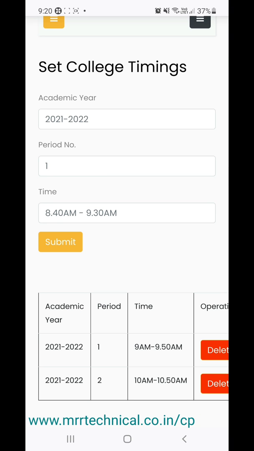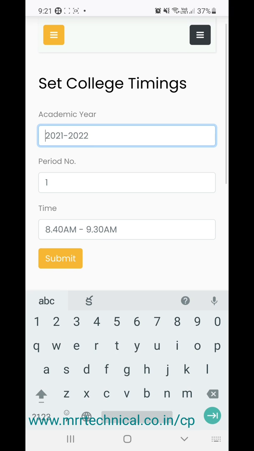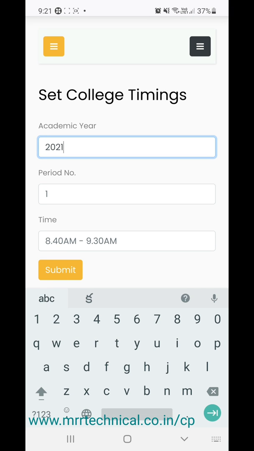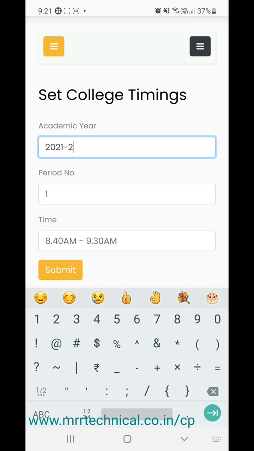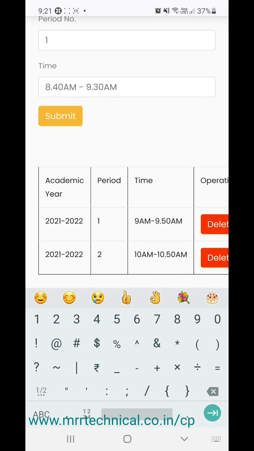The first thing is you have to set the college timings. I have already entered the first hour and second hour. Now I'll enter the third hour for the same 2021 academic year. Just try to enter the academic year in the same format. It must be in the same format. If there is any difference, it will not be added automatically in this particular academic year.